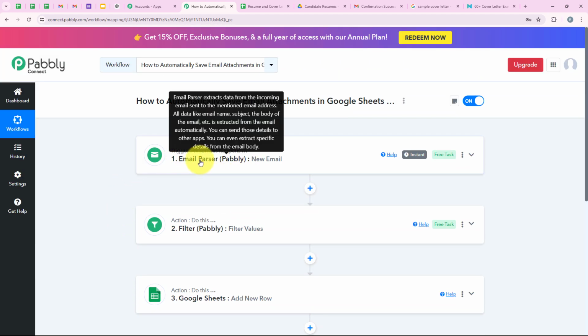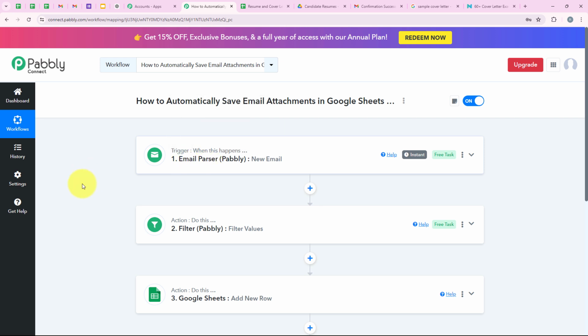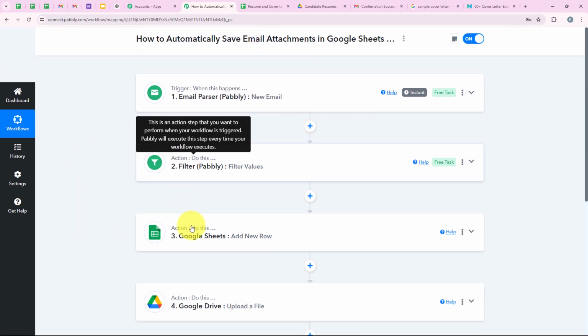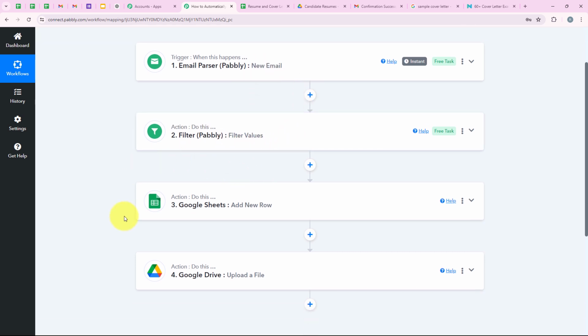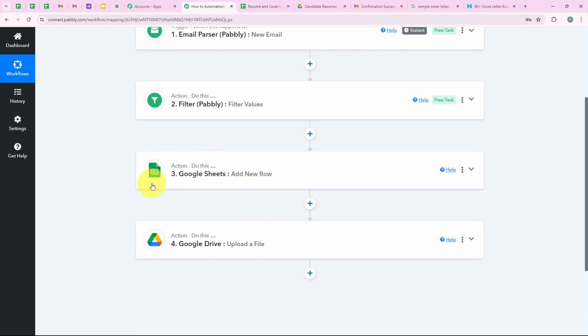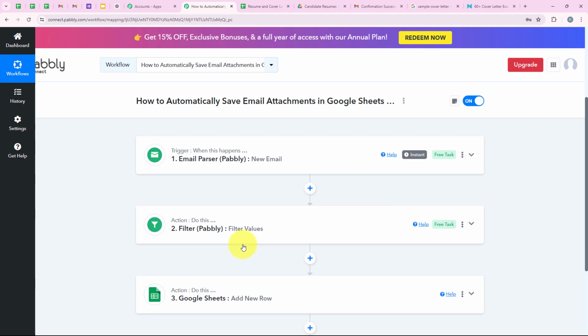So for the trigger application we selected email parser. For the trigger event we selected new email. For the action application we selected filter by Pabbly, and then for the action event we selected filter values. Again for the action application we selected Google Sheets, and then for the action event we selected add new row. Again for the action application we selected Google Drive, and then for the action event we selected upload a file,